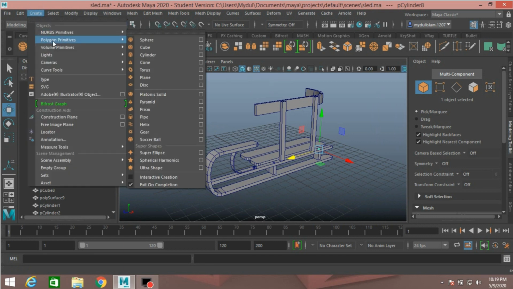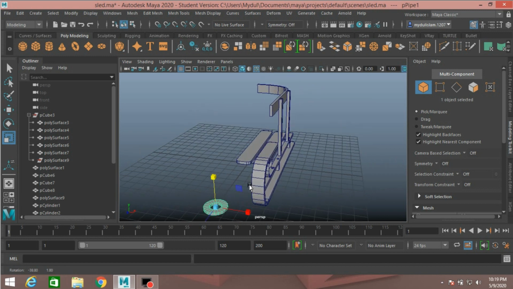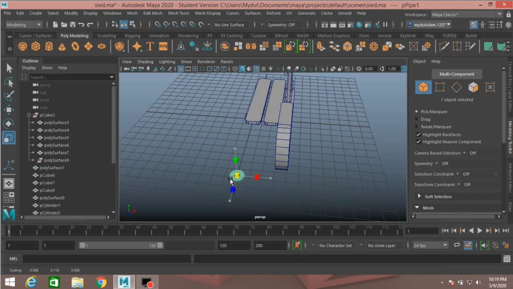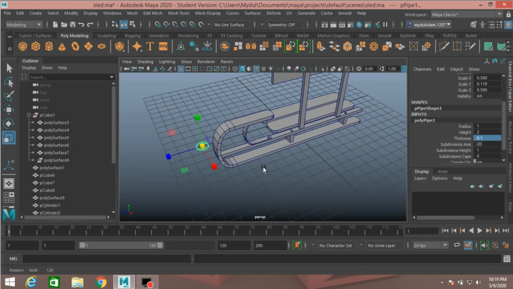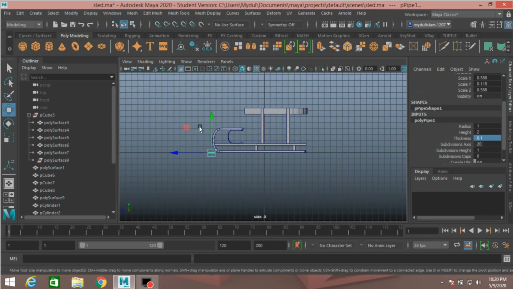Again take a polygon pipe, polygon primitives, take a polygon pipe, move it here, scale just like this, scale, thickness type 0.1, press enter and move it here, go to side view, put it here, press F to focus,